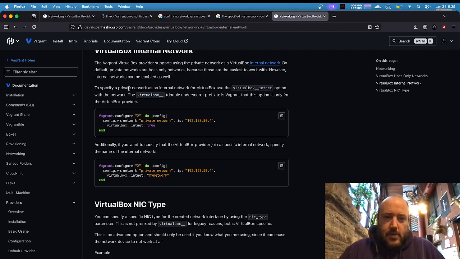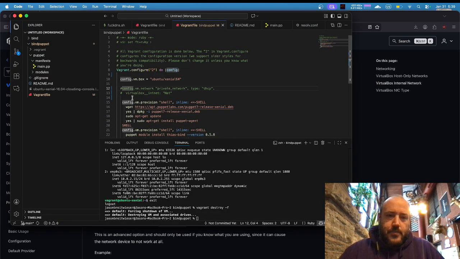The private network is internal network. VirtualBox. Let's see. VirtualBox intnet true. Versus